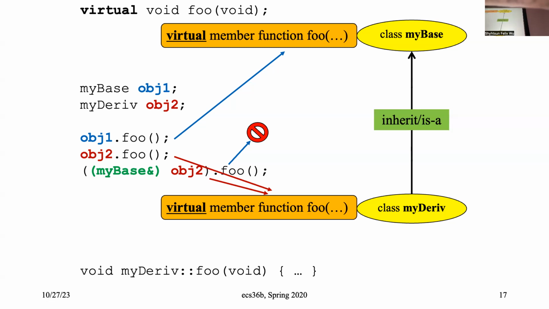Therefore, think about what happens when you try to call the function. The compiler only knows it's a virtual function, not a regular function. So the compiler doesn't know which is the correct version, because it doesn't know the true type of this particular object at any time. By the way, I should introduce another concept. What do I mean by the true type of an object?